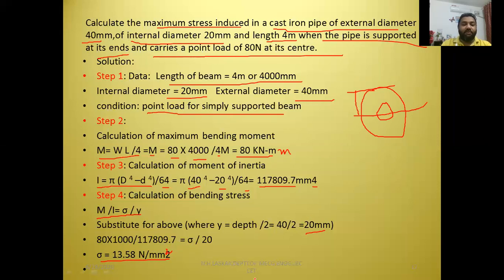So this type of question may be asked in the bending stress chapter. In the numerical problem, first you have to notice what kind of beam it is and what type of load is given, whether a point load, a UDL, or a UVL, and what the cross section of the beam is. From the cross section, you calculate the moment of inertia, and from the type of beam and loading, you calculate the bending moment. Then use the formula M by I equal to sigma by Y.